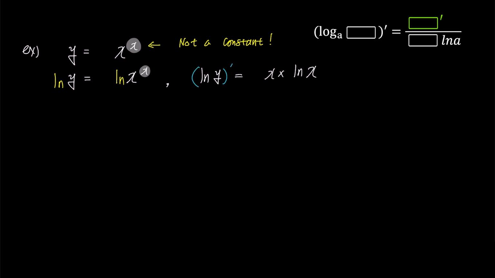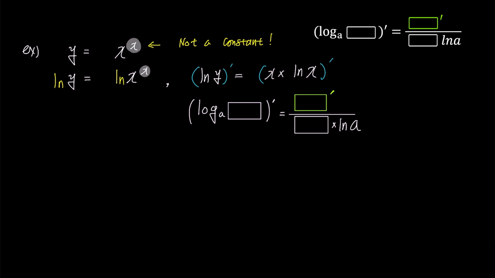Now let's differentiate both sides simultaneously. Although this part involves implicit differentiation, we can solve it using the concepts we have learned so far. If you want to learn more about implicit differentiation, please click on the link in the top right corner. To differentiate the left side ln y, we'll use the differentiation formula for the logarithmic function. Since it is a natural logarithm, the base value is e, and we substitute e for a. Then the ln e on the right side simplifies to 1.